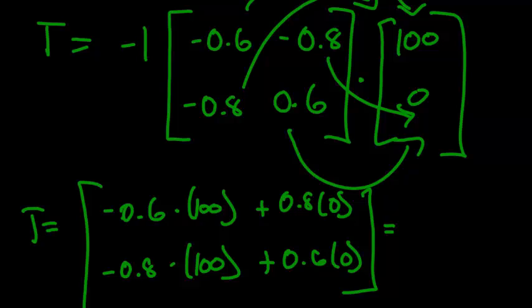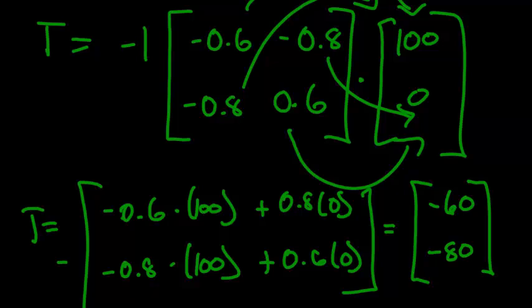So this is equal to negative 60 and negative 80. But because we have the negative 1 in front, this becomes positive and positive, so it's 60 and 80. Now, the third part of this problem, part C, tells us to use the same thing, find T,